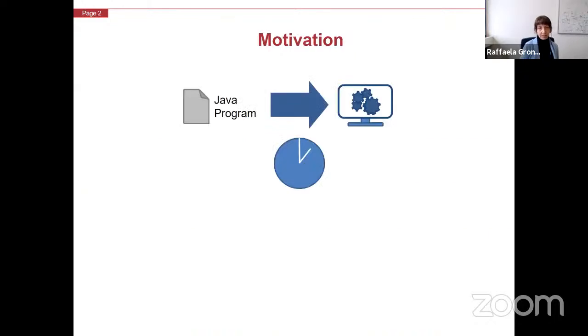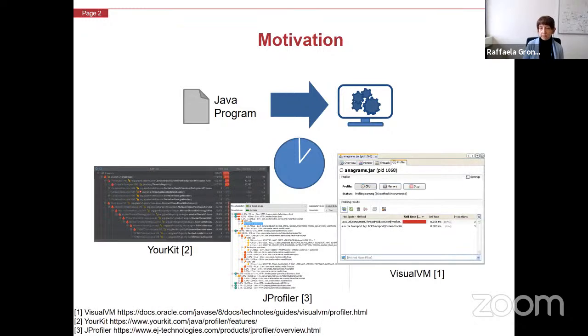And I would like to start my presentation with a short motivation. If we write a program in a general purpose language like Java and we face any performance issues, it is a given to us that there are many different tools that can help us to analyze our program and pinpoint the causes of a performance issue.